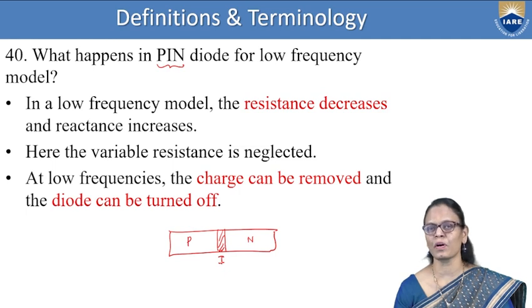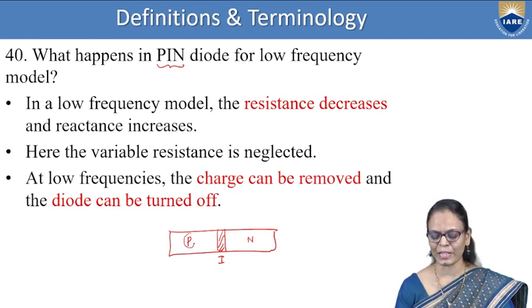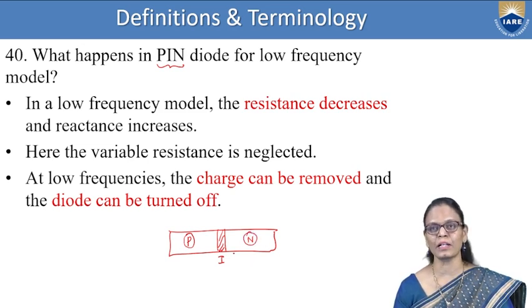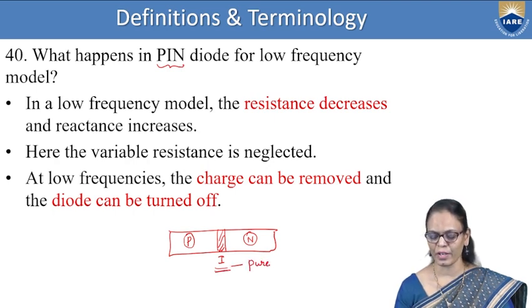Intrinsic means which is pure. When I am talking about P-type, it is extrinsic, we are doping it with trivalent impurity. N-type, we are doping it with pentavalent impurity. So these two are extrinsic. But here, in between, if you have an intrinsic semiconductor material, which is pure,